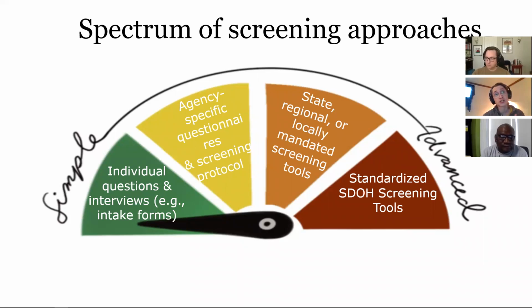In the orange section here, some health centers are using state, regional, or locally mandated screening tools that have been offered by a state or public health entity. But more and more, as we move toward the advanced and the right side of the spectrum, we do see that health centers are focusing on advanced approaches to screening for SDOH with standardized tools or approaches that are integrated into workflow and often even in conjunction with health information technology resources that are available in the health center setting.